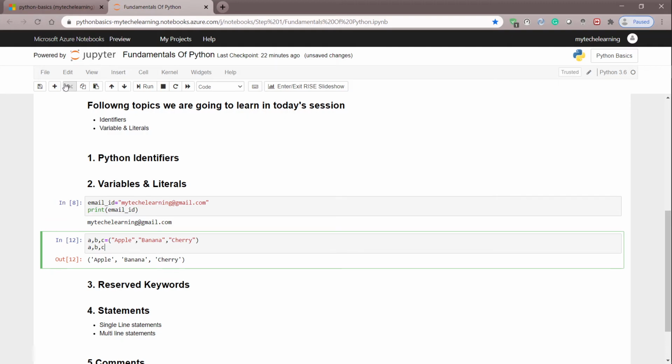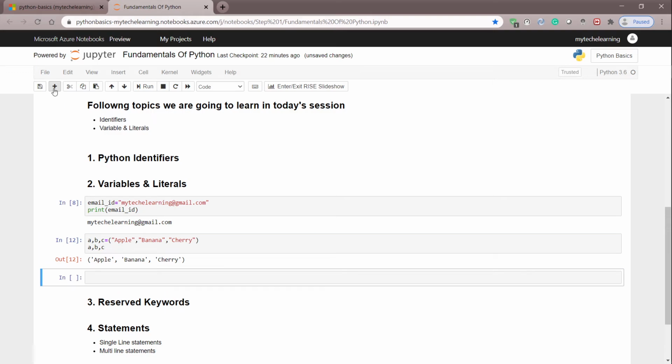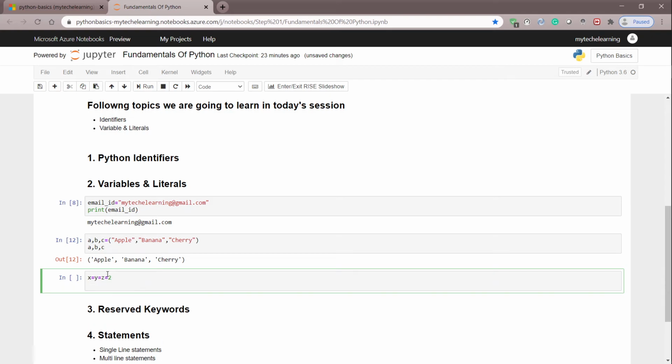What I want to bring up here, basically, let's take an example. Okay. X is equal to Y is equal to Z is equal to 2. If I want to define all the values equal to 2, then I can use that.